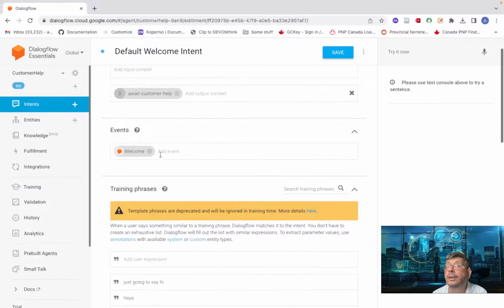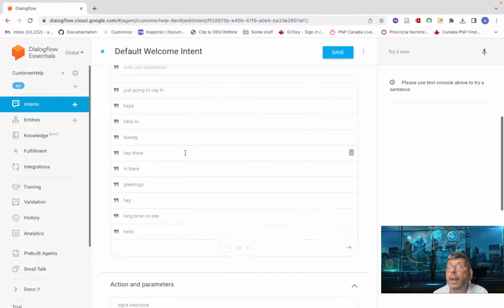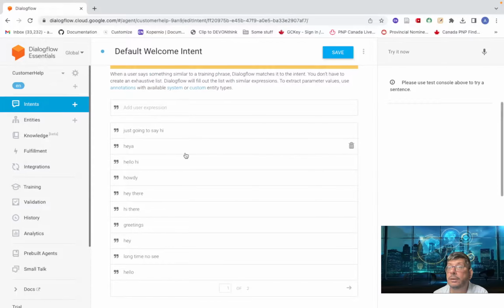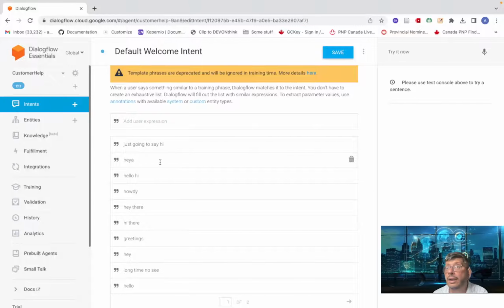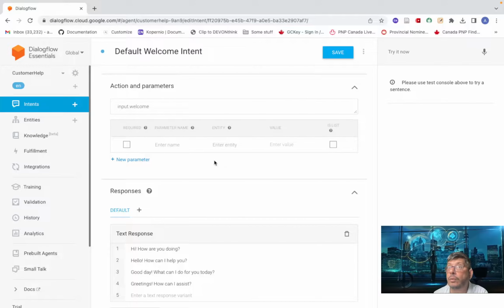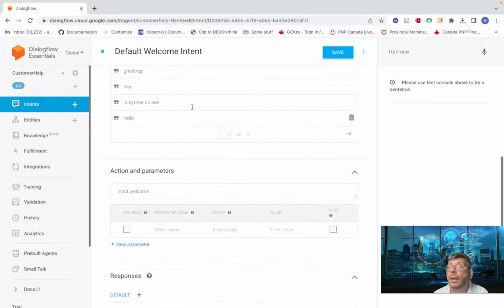And you see, basically an event is like, for example, if you press a button, etc. So we're not going to do that at this point in time. And these are existing phrases because this is one of the default intents already, and these are like, you can say hi, howdy, greetings, etc. The action and parameters are the ones that then follow. So you can give an input of welcome, and